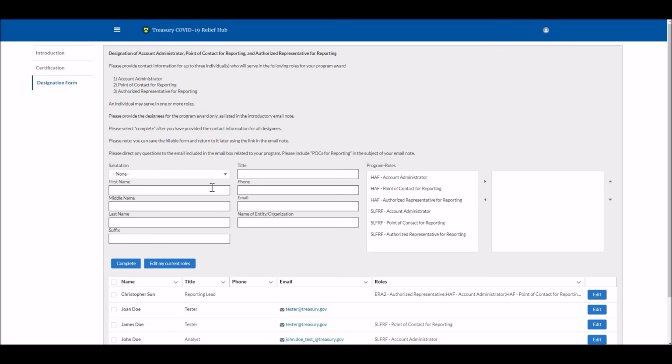And this is where you're going to be able, as an account administrator, to add additional contact people to your account record, so that you might have an additional person that will come in and help you do reporting, or an authorized representative who will come in and certify your report documents for you. This is where you identify them and provide them with a contact record and give them a role in the system. So let's try to do that with a hypothetical person.